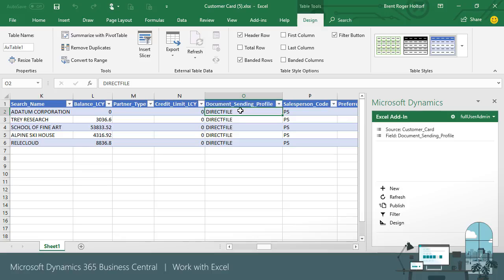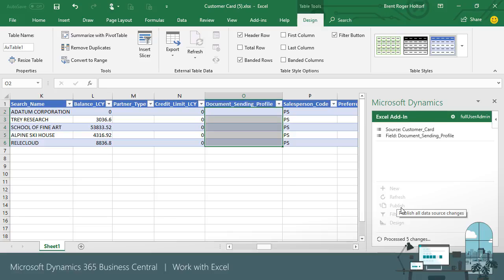If the data we enter and try to publish is invalid, the row with invalid data is highlighted and a message provides information on the changes needed. In this case, email isn't a profile that has been set up in the system, so we need to enter